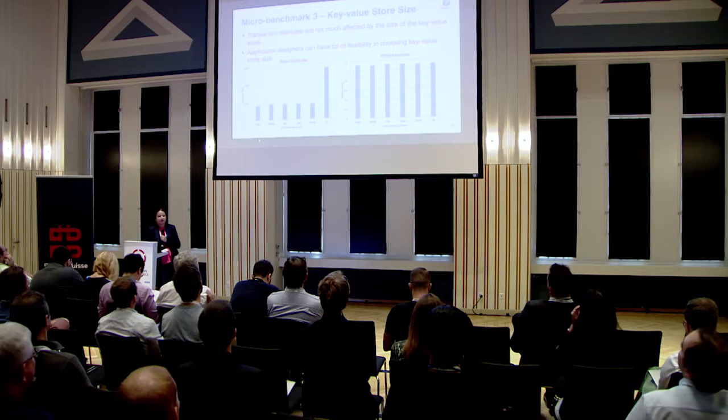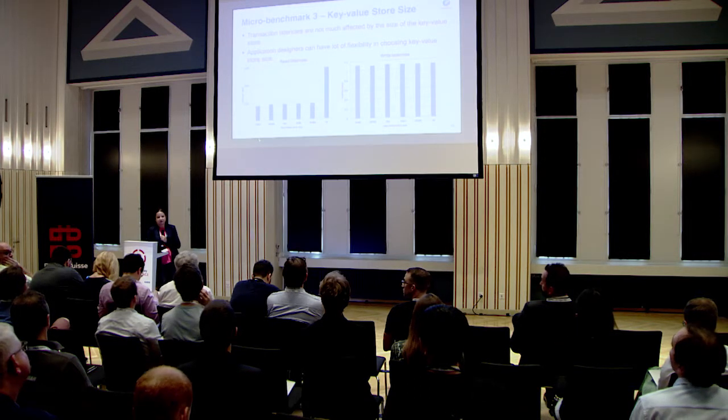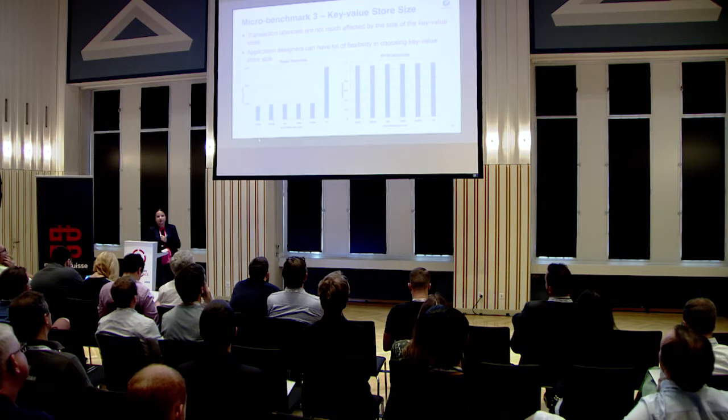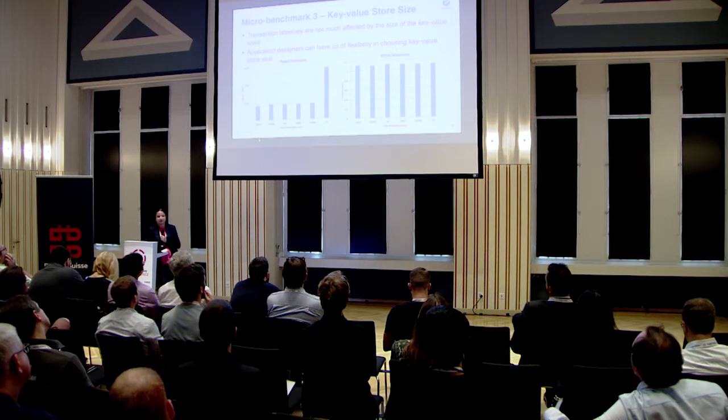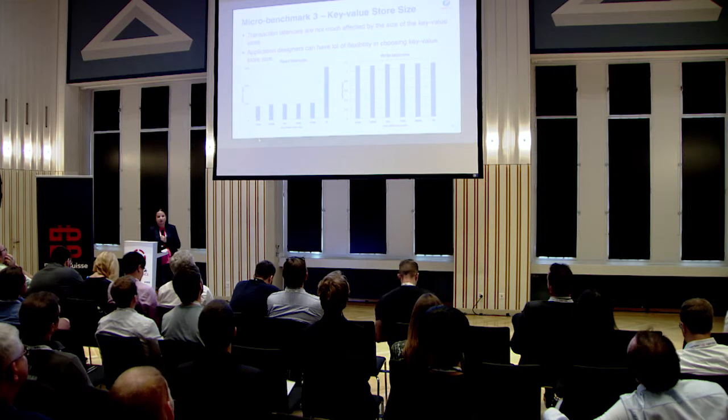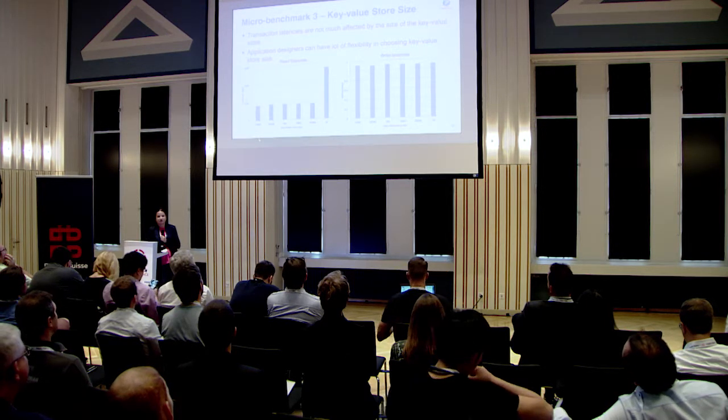And for read latencies, we see that beyond 100 million, when there's a jump from 100 million to 1 billion, there is a significant increase in read latency, but it's still in microseconds. For write latencies, this is mainly dominated by the 3 phases of